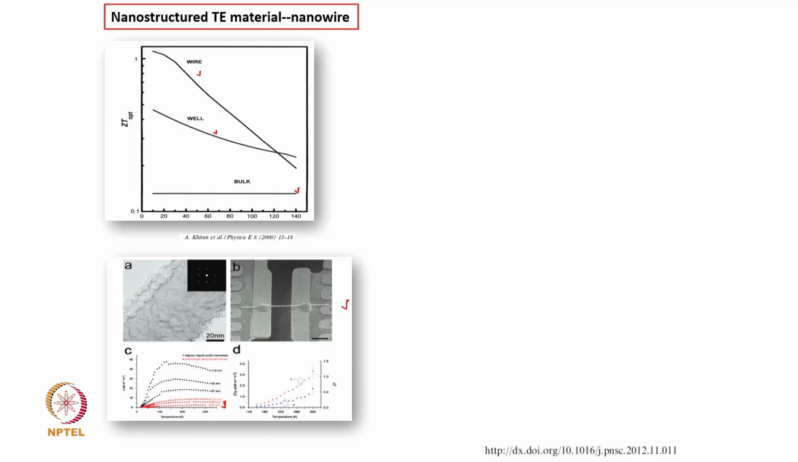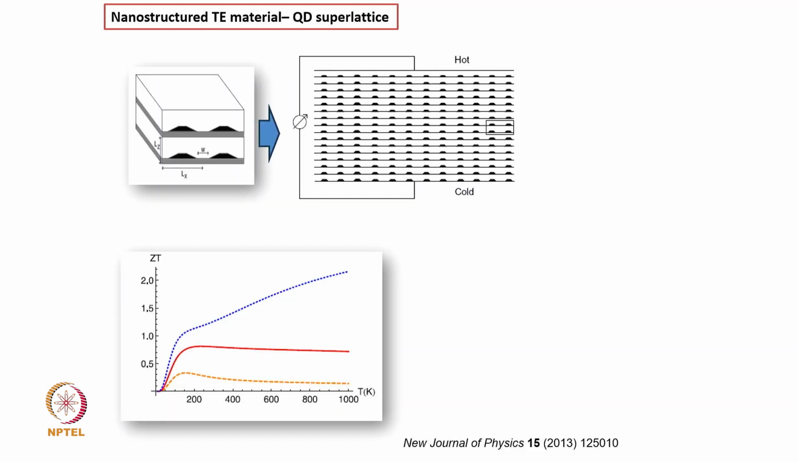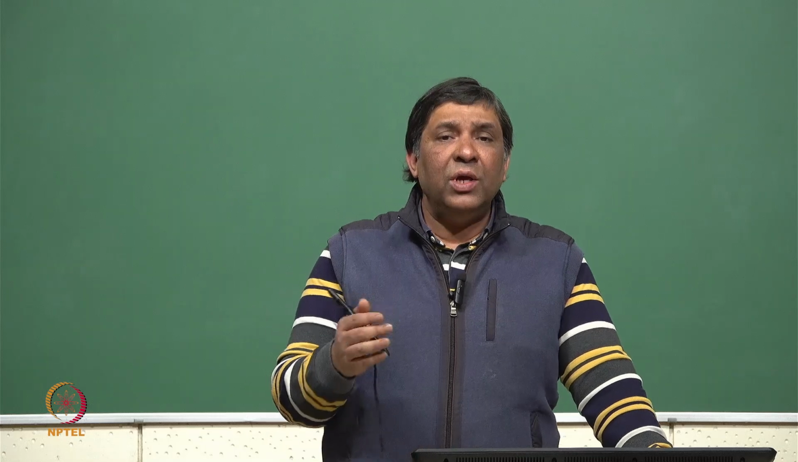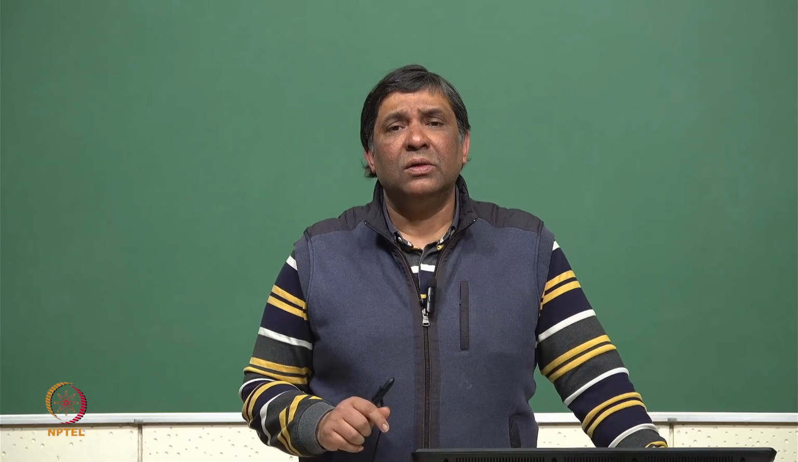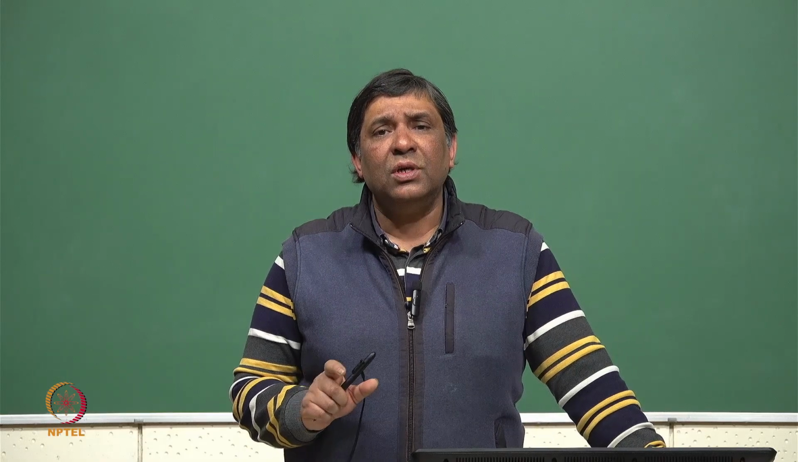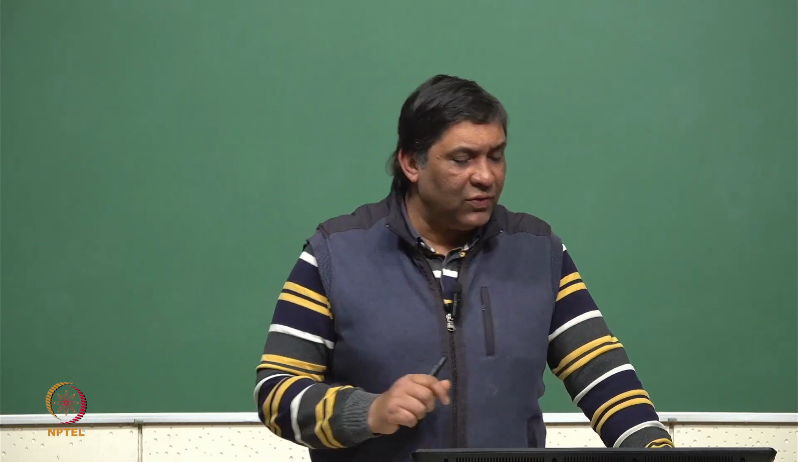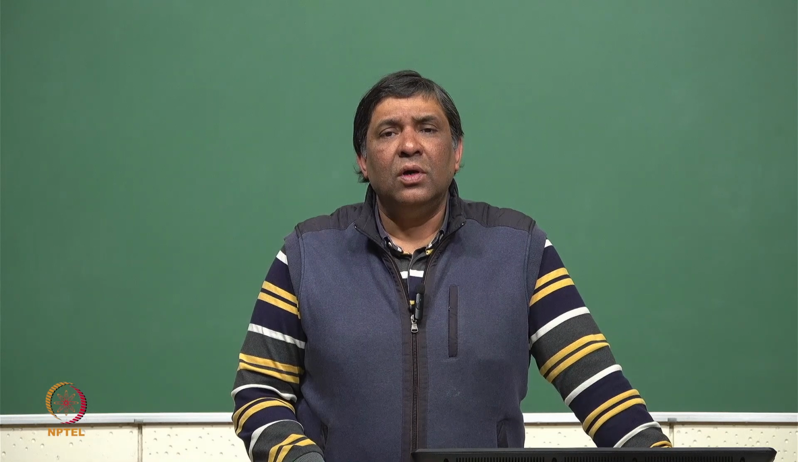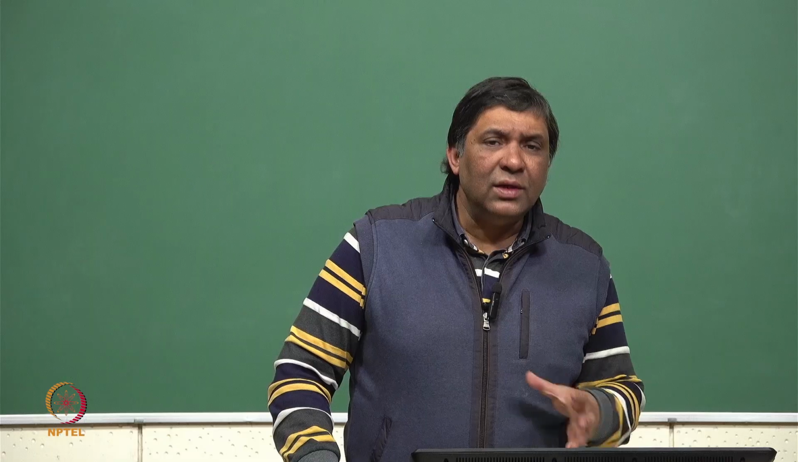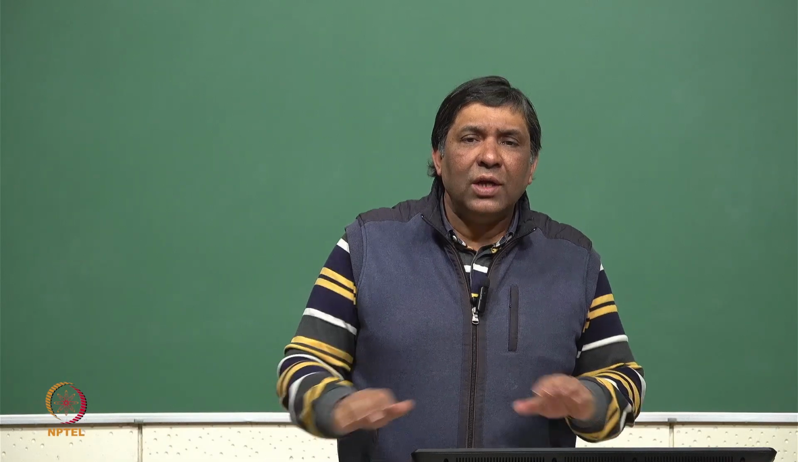And now if we look at the ZT value, and compare this one and the red one, there is quite a bit of enhancement in the ZT value. Now this is one particular type of low dimensional material being used in thermoelectric devices, and another low dimensional material used in thermoelectric generators or thermoelectric devices is the superlattice, the quantum dot superlattice. What people have done in this type of structure is take one particular